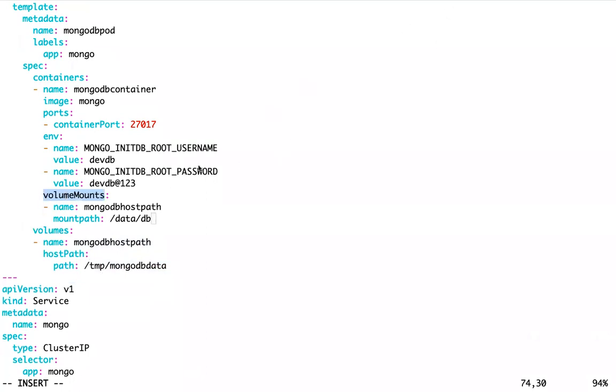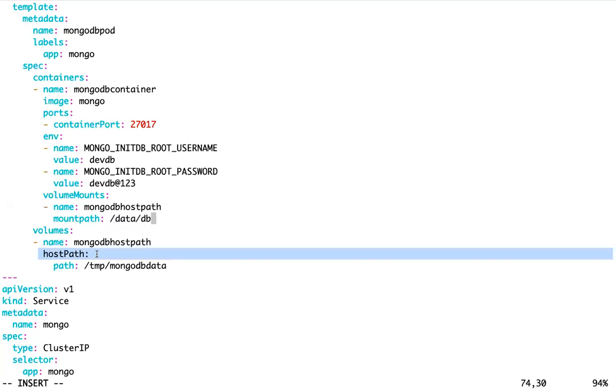Whatever volume name you have given here, with the same name you define the volumeMount. So this container directory will be mounted with what type of storage?